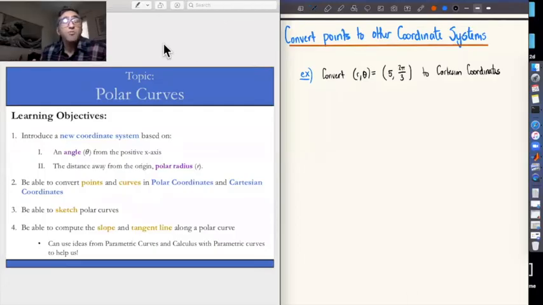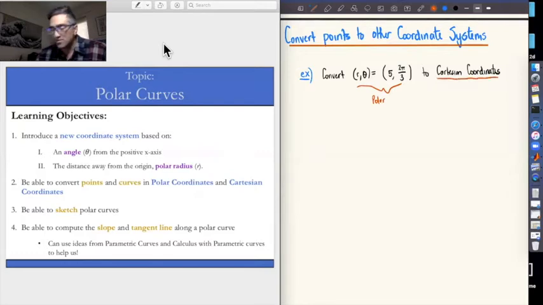All right, so let's actually practice going back and forth between polar and Cartesian coordinates and vice versa. So we're going to practice converting points from one coordinate system to the other coordinate system. So in this first example, let's convert this point in r and theta. So again, we're starting off with a point defined in polar coordinates and converting it to something